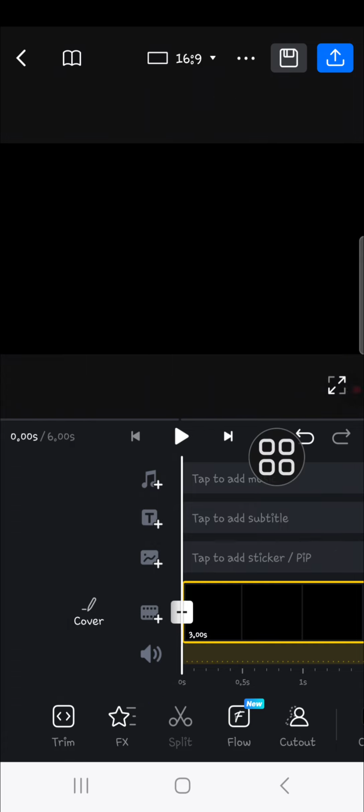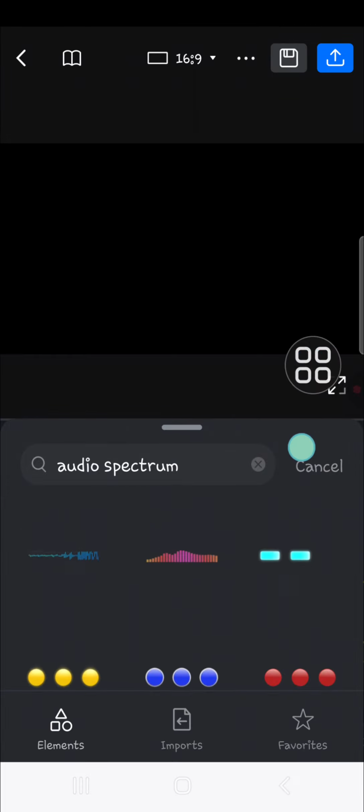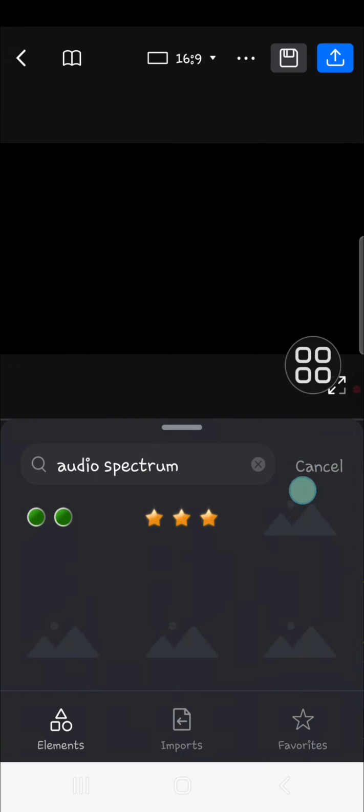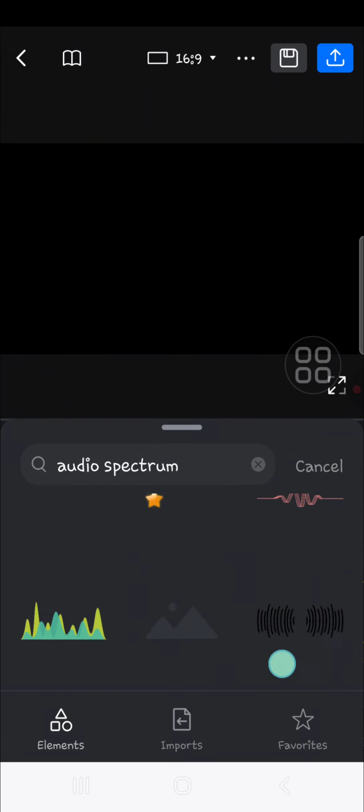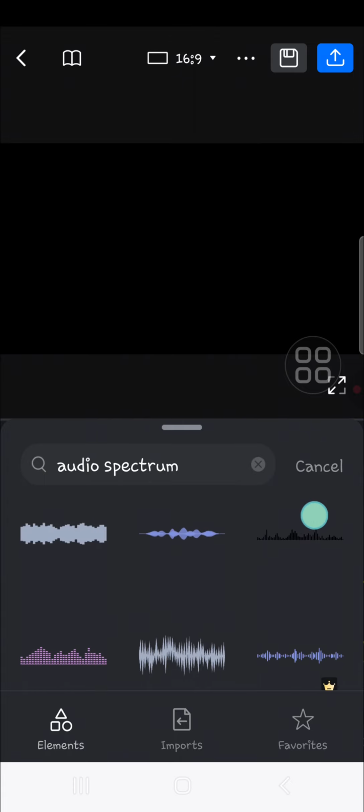If we want to add audio spectrum, we can go to the PIP, and then we're going to select sticker, and you can search for audio spectrum. Just type in audio spectrum and there will be a lot of audio spectrums for your video. Okay, you can choose the audio spectrum that you like. For example guys, I'm going to choose